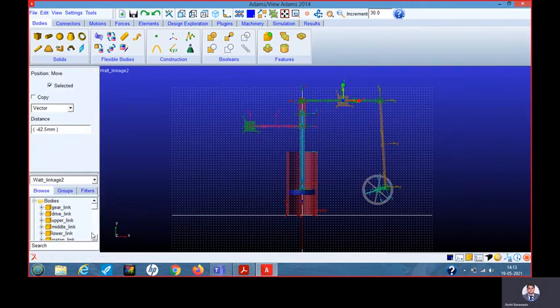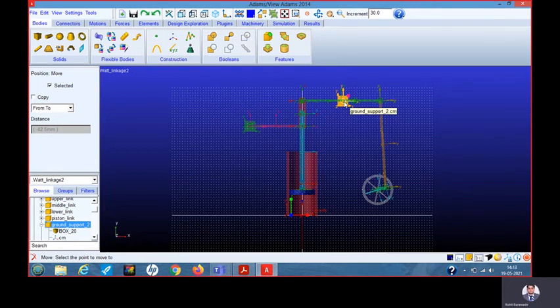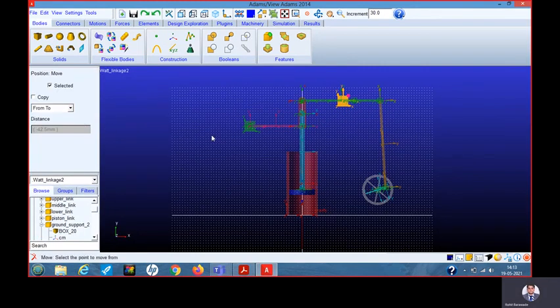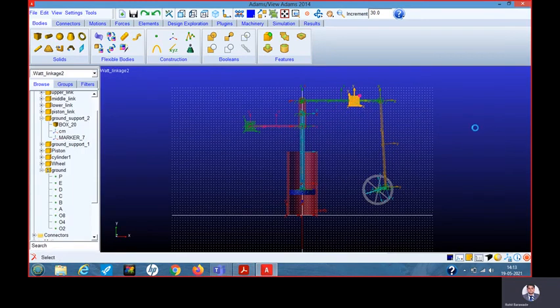Reposition it. Ground support 2 vector from this to from this 04. Wait. Reposition from this to from this. Yes, it will move, right? So